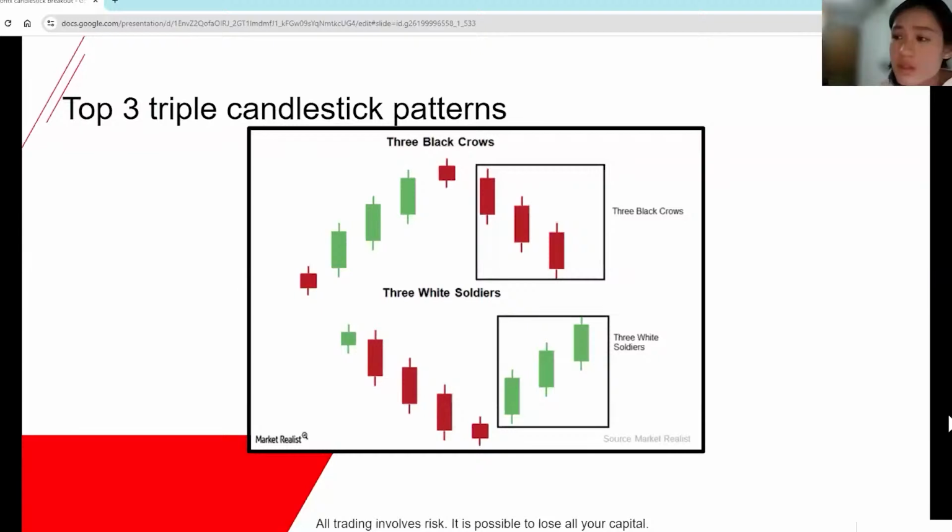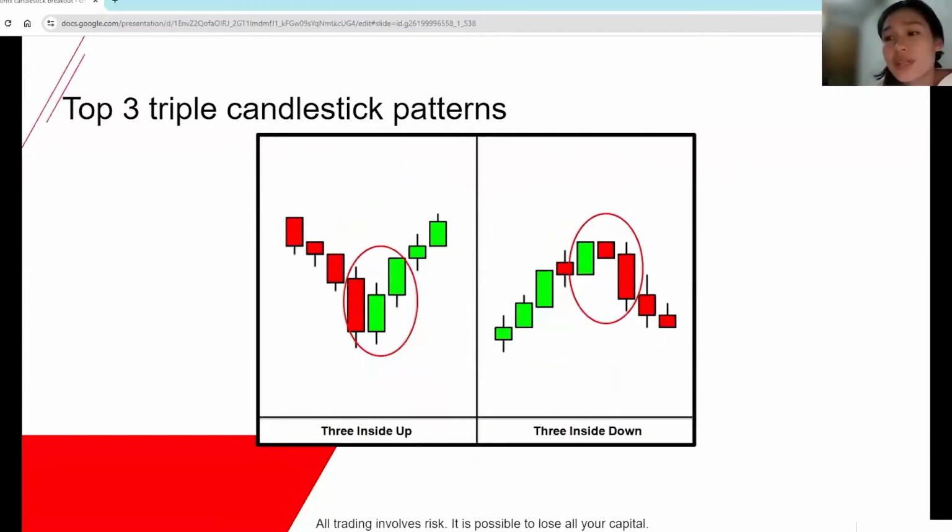Okay, so next we have the three inside up and the three inside down. Again, this is quite difficult to find, I think, because you have a first candlestick. I think this formation is quite popular and quite difficult to spot. But anyway, we have a first candlestick that's bearish for our three inside up, and your second candlestick would start